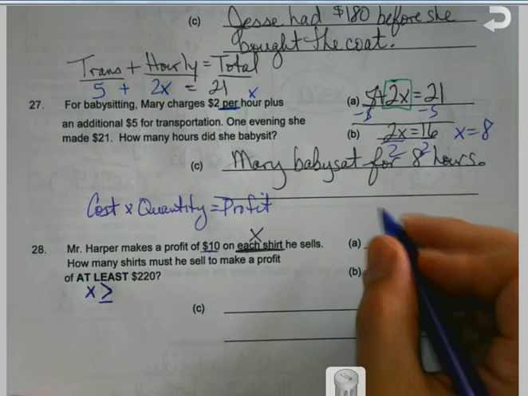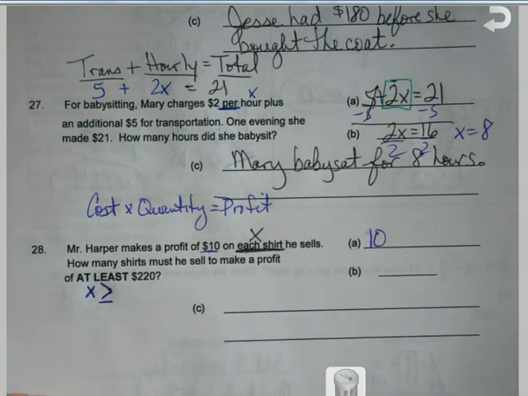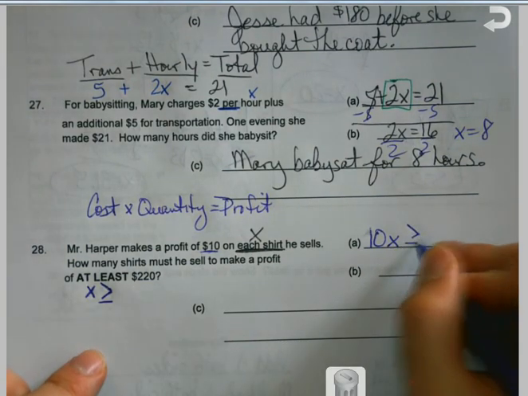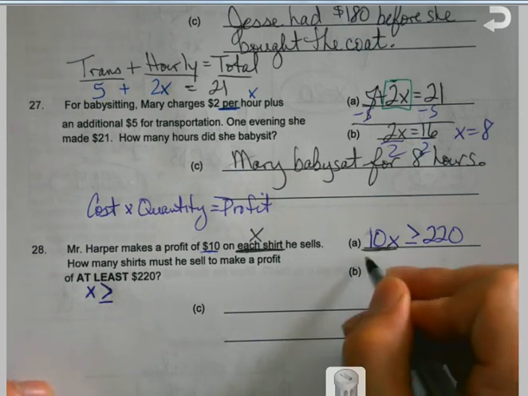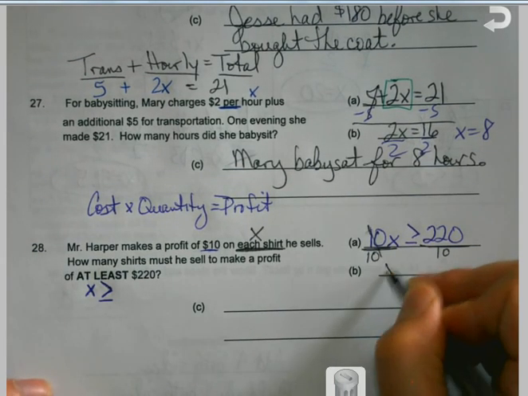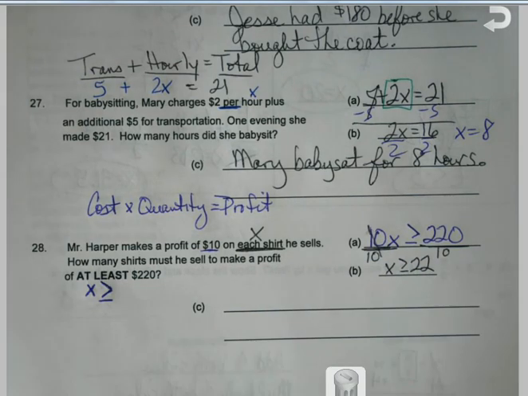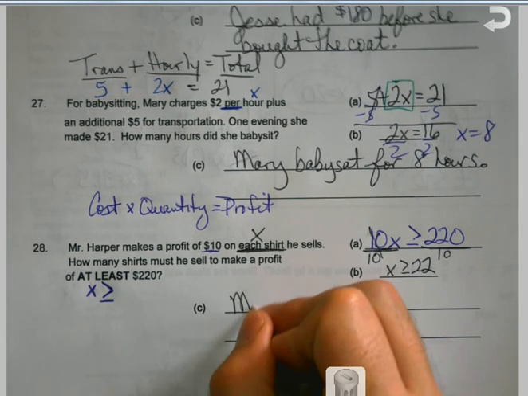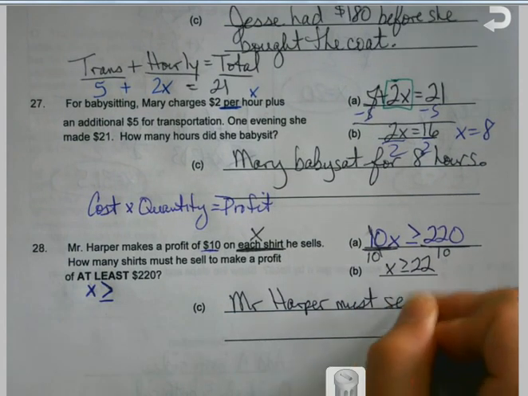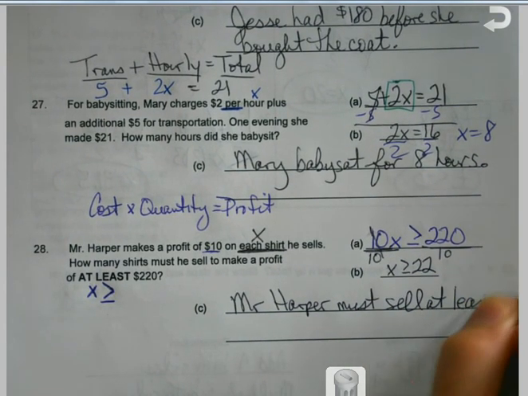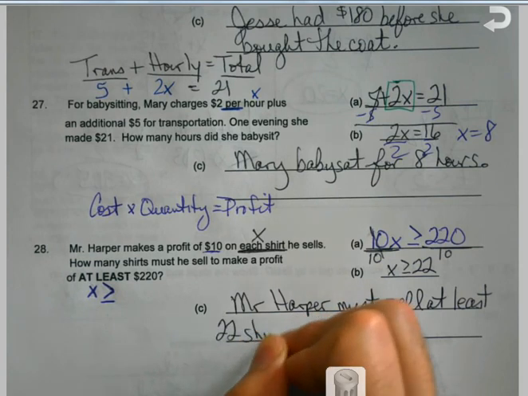I'm like, okay, so I make $10 times the number of shirts, but I don't know how many shirts. But if I'm going to make at least $220, I'm kind of set. And my final undo of this monstrous packet lets me know that I have to sell at least 22 shirts if I want to make that much money. So let's see. Mr. Harper must sell at least, I got to get the word in there, 22 shirts